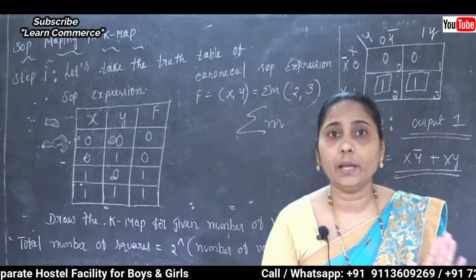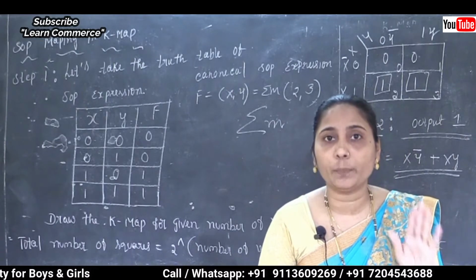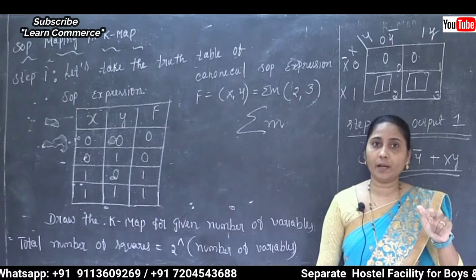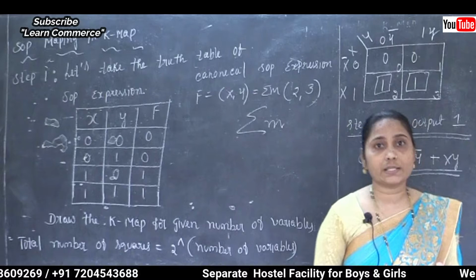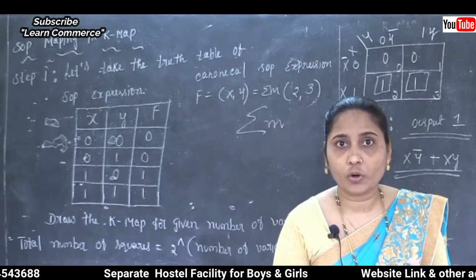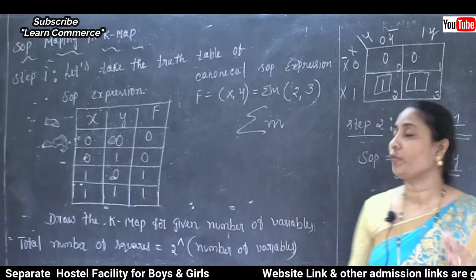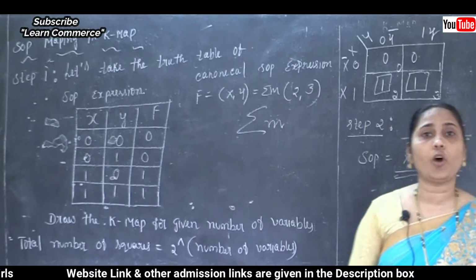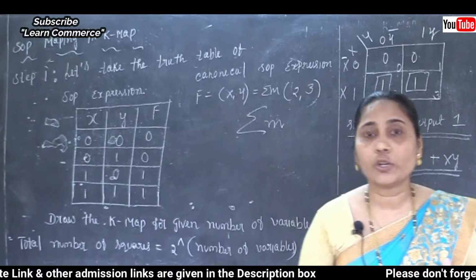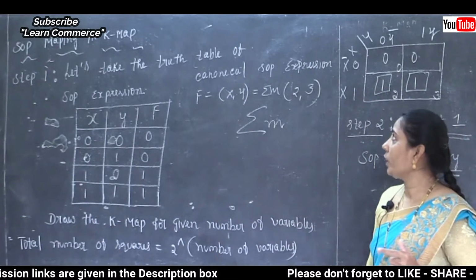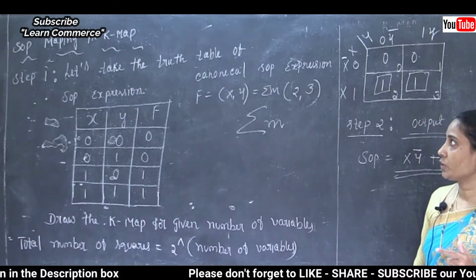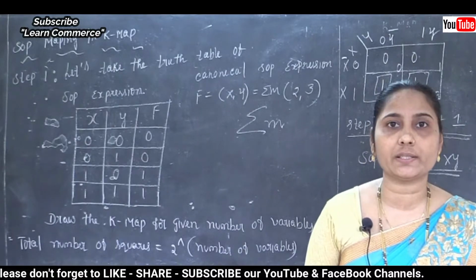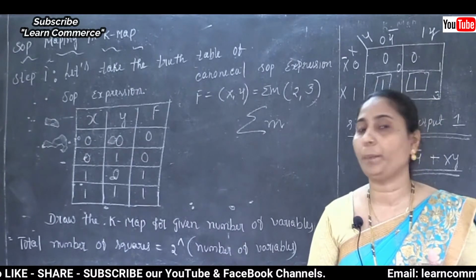Now we are not in the POS. Now we are going to solve the program by using SOP, sum of the product, min term. In min term, binary 1 is considered to form the SOP. So in place of 2 and 3, I am going to take the output as 1. So the question is the canonical SOP expression F of x comma y is equal to sigma m, opening parenthesis 2 comma 3 closing parenthesis.